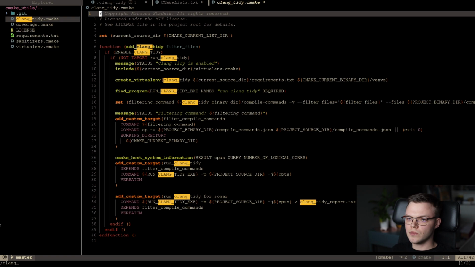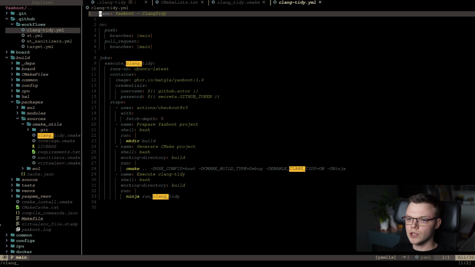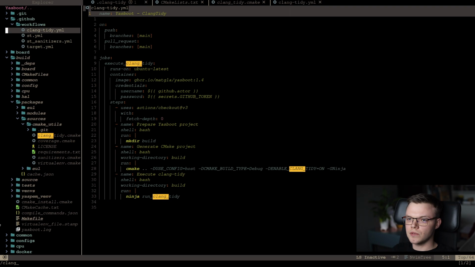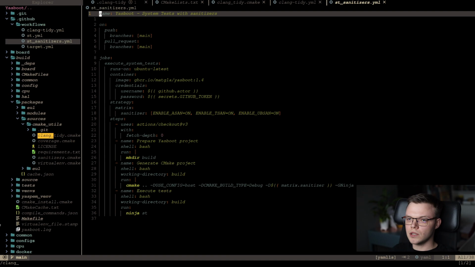And for that, I'm using the compile commands package from Python pip. Let's also check the workflow script. It's exactly the same as the previous ones, but only uses an additional flag that enables ClangTidy.